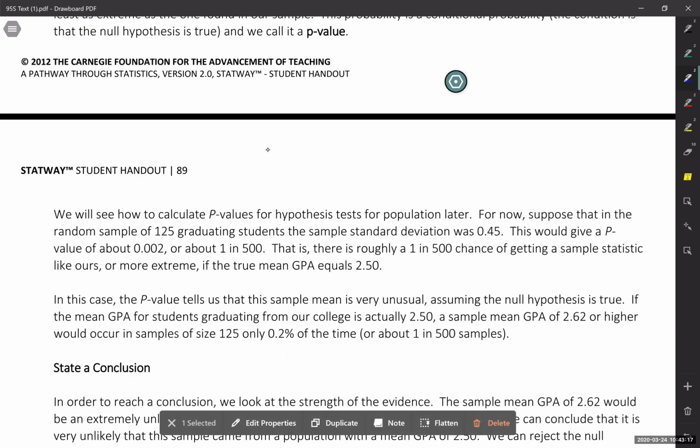In this case that they talked about, the p-value tells us the sample mean is very unusual in the case with the GPA, assuming the null hypothesis is true. If the mean GPA for students graduating from our college is actually 2.5, the sample mean of 2.62 or higher would only occur 0.2% of the time. Okay, so going back,